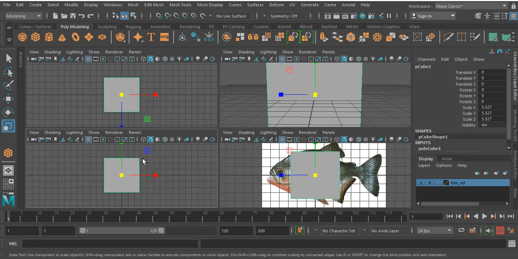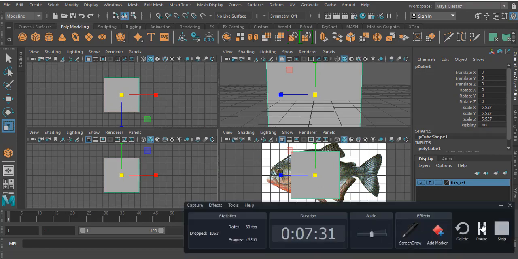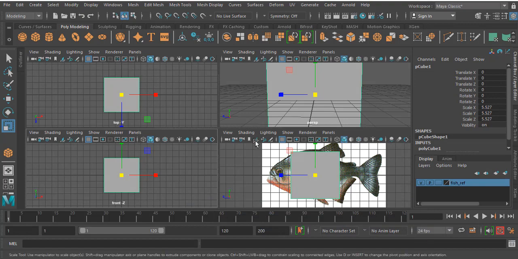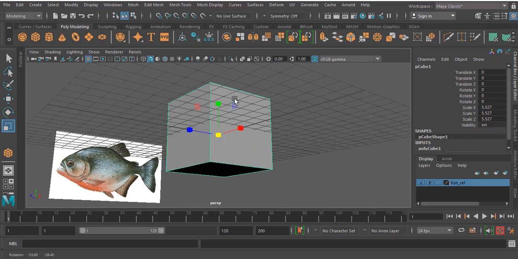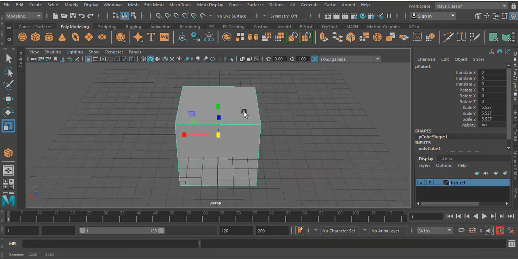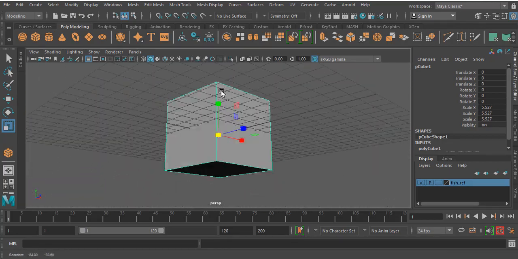Now go to the other views. You can see the top view, front view, side view and perspective. Perspective is only for reference, to examine whether all the areas are correct, or whether there is any problem with the side view or front view.